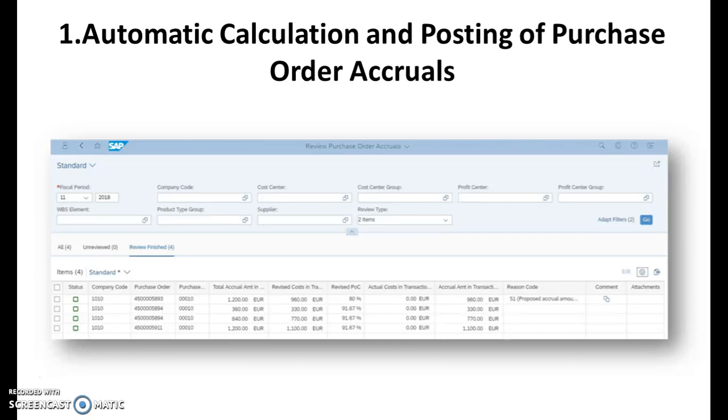Automatic calculation and posting of purchase order accruals. This is one highlight of the 1811. Let's imagine that you are a finance professional preparing for period end closing activities. So what's normally possible is with automatic calculations and postings of purchase order accruals,